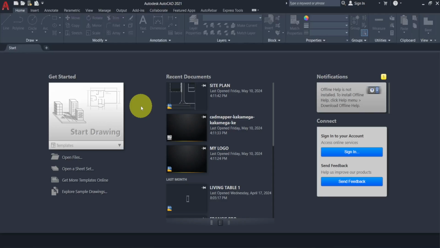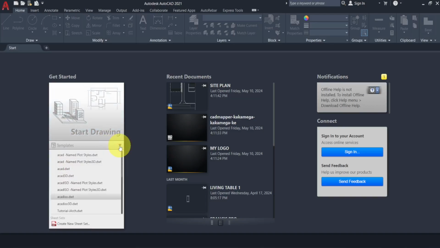So before we start, there are some terminologies you have to know. Number one, this icon here is to start a new drawing. This option will take you directly to an interface where you are going to start your drawing. And the second option here is for templates. This template option contains a number of preset drawing files that enable you to start a new drawing. So for today's tutorial, we are going to focus on these two